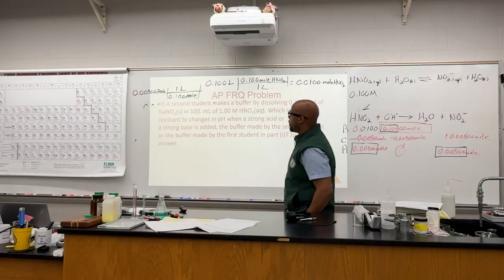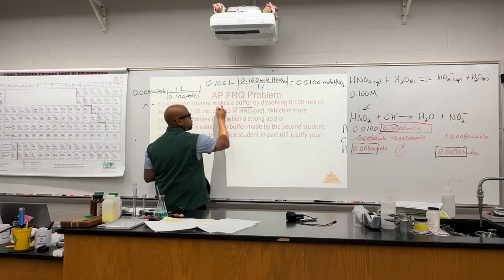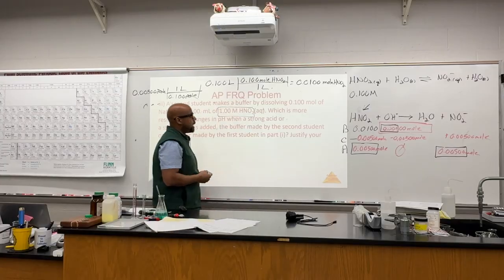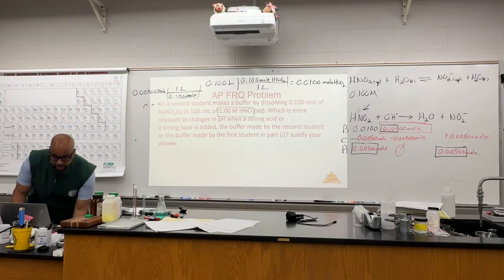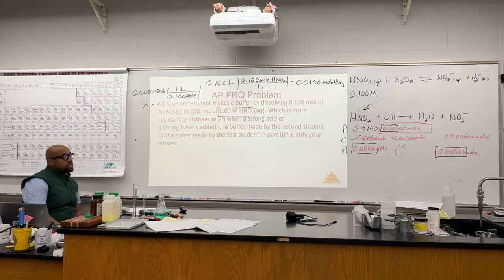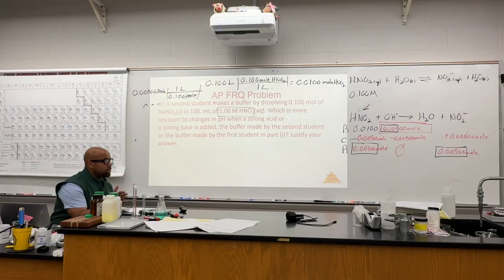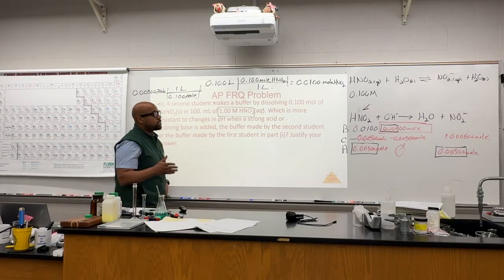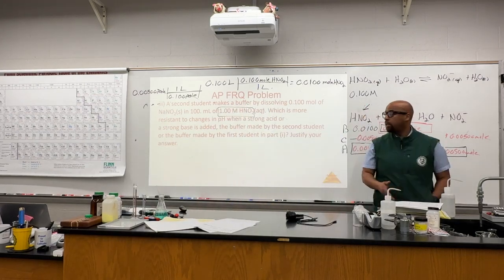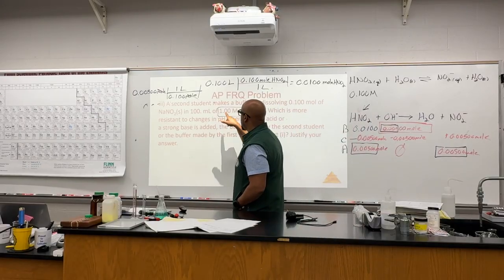And the second example, what they're going to end up doing here is they're going to go in and simply say that I got this high concentration of this weak acid, and also I've got a 0.1 molar of this conjugate base. I can tell easily which one's going to have a better resistance, trying to resist the change to the pH of a buffer solution. If you remember, we said the thing that's going to resist the most is to make sure that you have the highest concentration of the weak acid and conjugate base. And the example that we have here, they're not going with a 0.1 molar, they're going with a 1 molar,